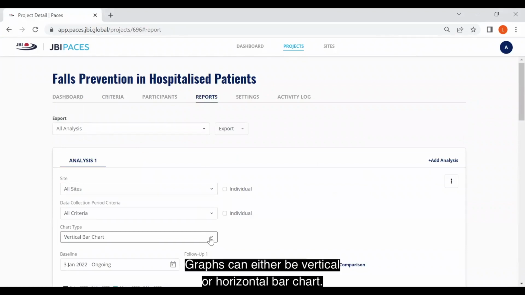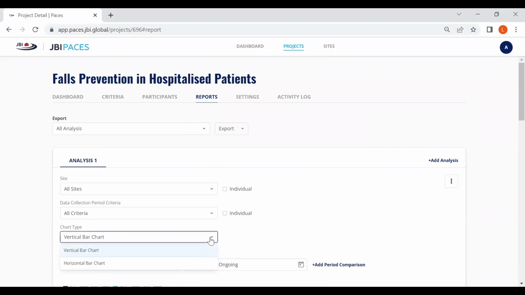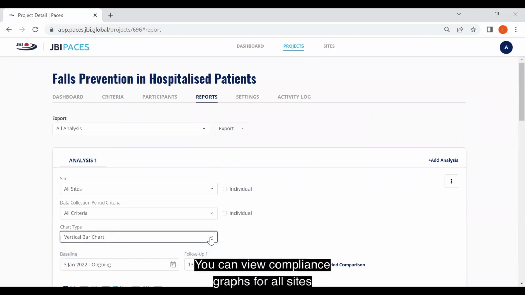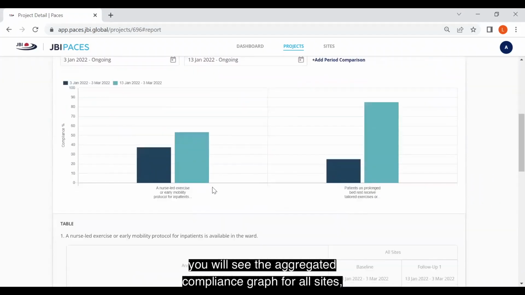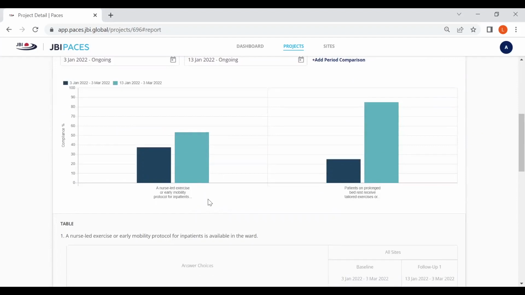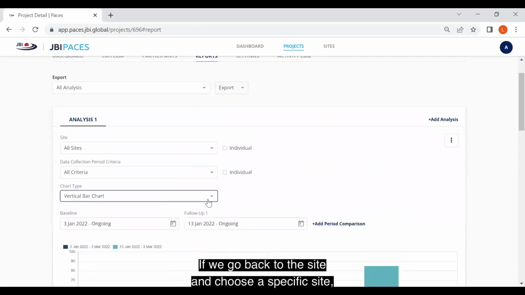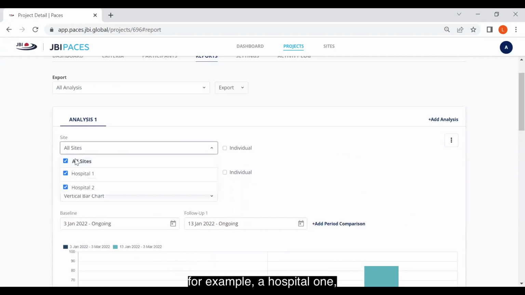Graphs can either be vertical or horizontal bar chart. You can view compliance graph for all sites or by individual site. If you choose all sites, you will see the aggregated compliance graph for all sites for baseline and follow-up for every criteria. If we go back to the site and choose a specific site, for example, Hospital 1,